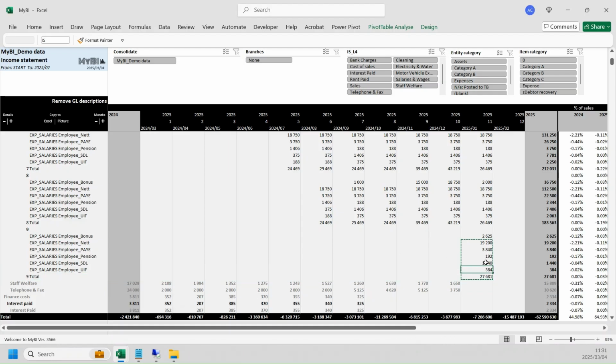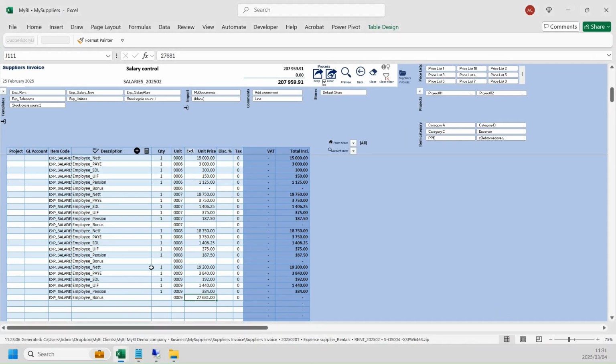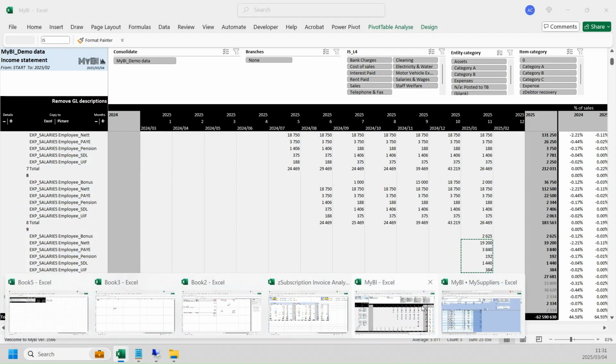So that's UIF, SDL, pension. So it's actually only up to there. See, net, PAYE, SDL, UIF. And because it's not built in alphabetic order, it's not going to be 100% the same. So I'll fix that now for us. Pension seems to be slightly less, or